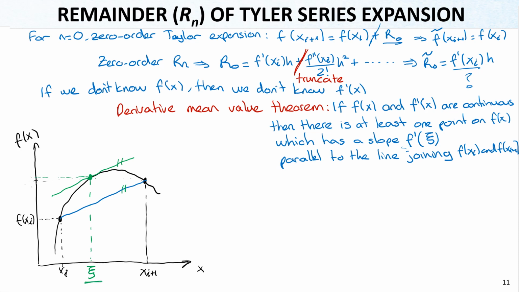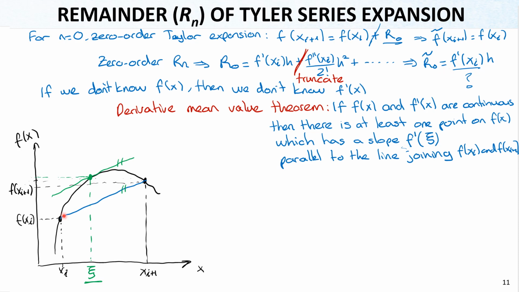We are only concerned with this, and actually we are not even concerned with that. We don't know that value. We are only concerned with the derivative of it, and this is also a little bit below. Let me write it down here, f(x_{i+1}). What I mean is that we have a parallel line to this line which connects the f(x) values of x_i and x_{i+1}. This parallel line, wherever it is tangent to the function, that point gives us a derivative which is similar to this one. So this derivative is our derivative here,